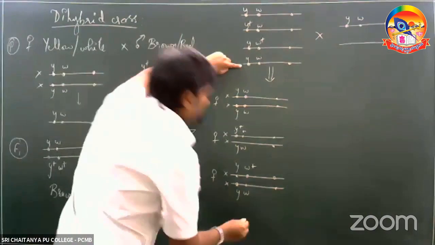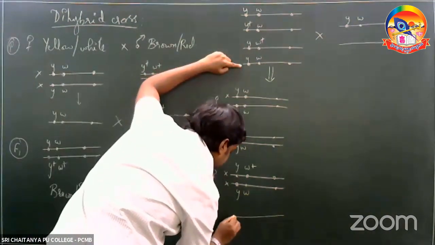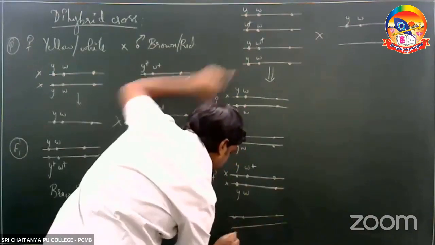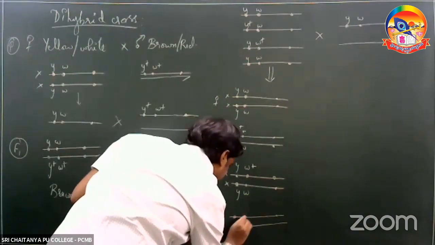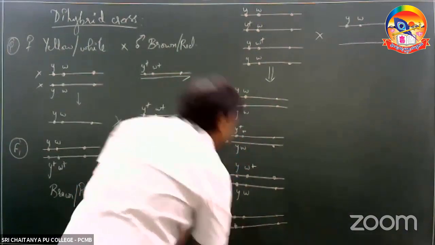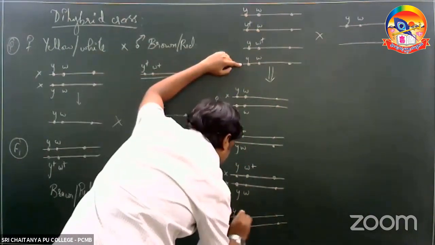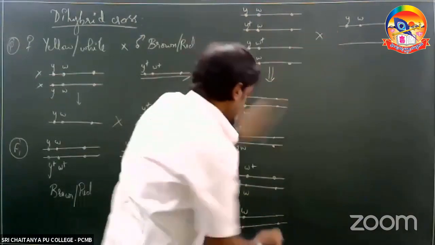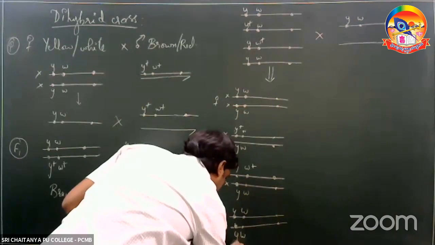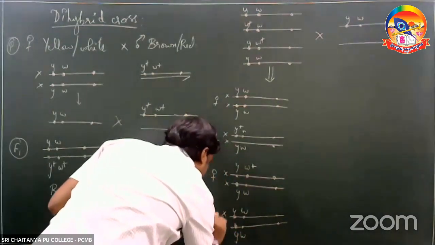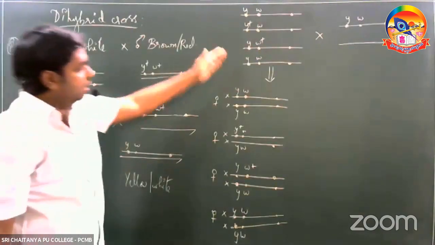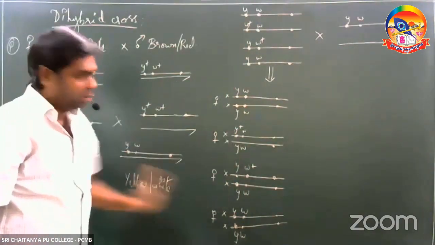Last one, this X chromosome of the female gamete fused with the X chromosome of the male gamete. So here it would be YW, and here again Y and W. Now this individual, again X chromosome and X chromosome, would be a female individual. So these are all the female offspring which are being formed.